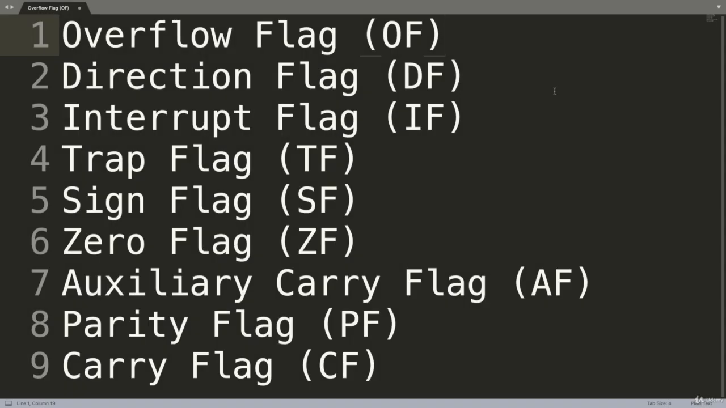Hello, in this video we are going to look at control registers. We'll be implementing them later on in this series. So there is a 32-bit instruction pointer register and a 32-bit flags register, and both of them